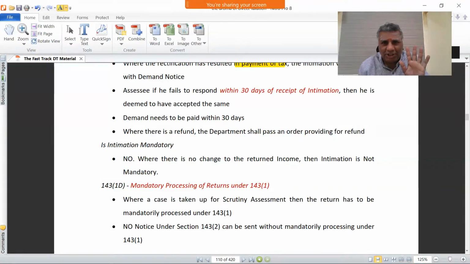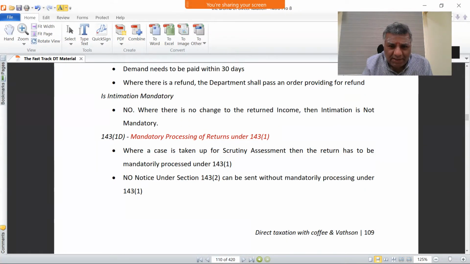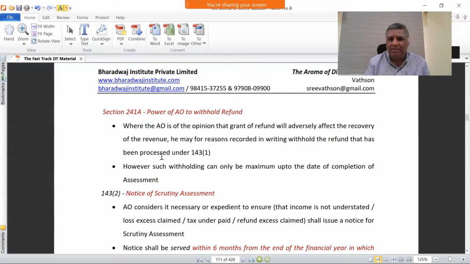if there is no adjustment, if the return you have filed is correct, there is no intimation. Where there is no change in the returned income, intimation is not mandatory. But in all cases which are taken up for assessment, intimation is mandatory. This is the